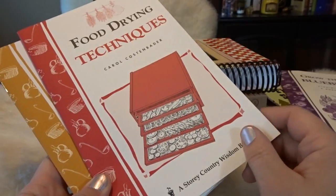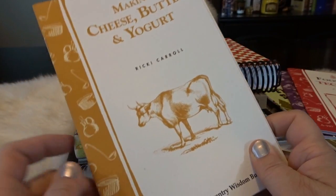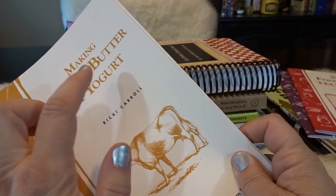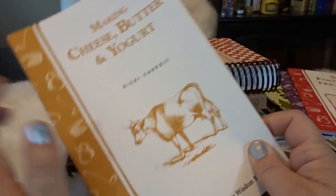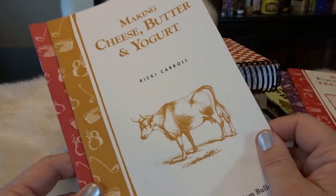So I thought that I would pick up this about food drying techniques, and this is about making cheese, butter, and yogurt. I'm definitely excited. I have made my own yogurt in the past, but I haven't ever made cheese or butter. So that is something that I would love to tackle. I love doing projects like that. So I picked up